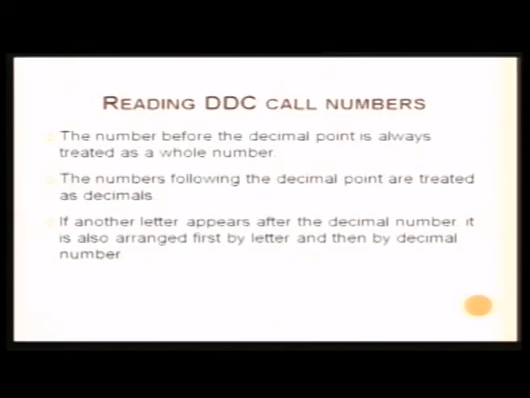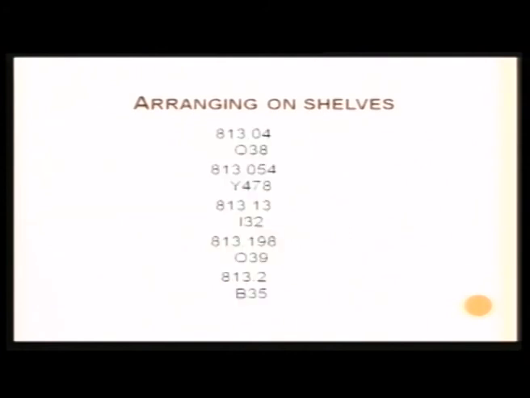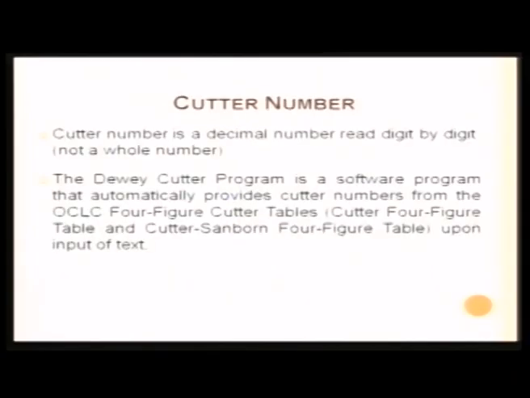The number before the decimal point is always treated as a whole number. The numbers following the decimal point are treated as decimals. So now the books will be arranged this way: 150, then cutter number B636, and all the books will be shelved one after another from left to right in this sequence. Similarly, this is another example which shows how the books will be shelved from left to right by taking the individual digits into consideration. Cutter number is a decimal number read digit by digit, not as a whole number, which